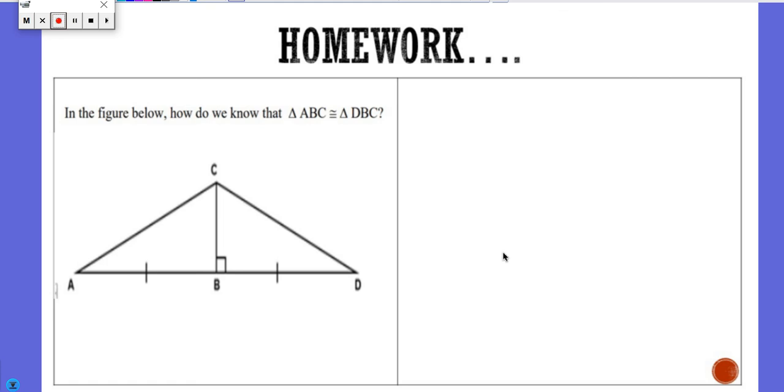Please guys, please try this first and then watch the video. Or if you get stuck, come and watch. Please just don't copy. All right, so this problem says, in the figure below, how do we know that triangle